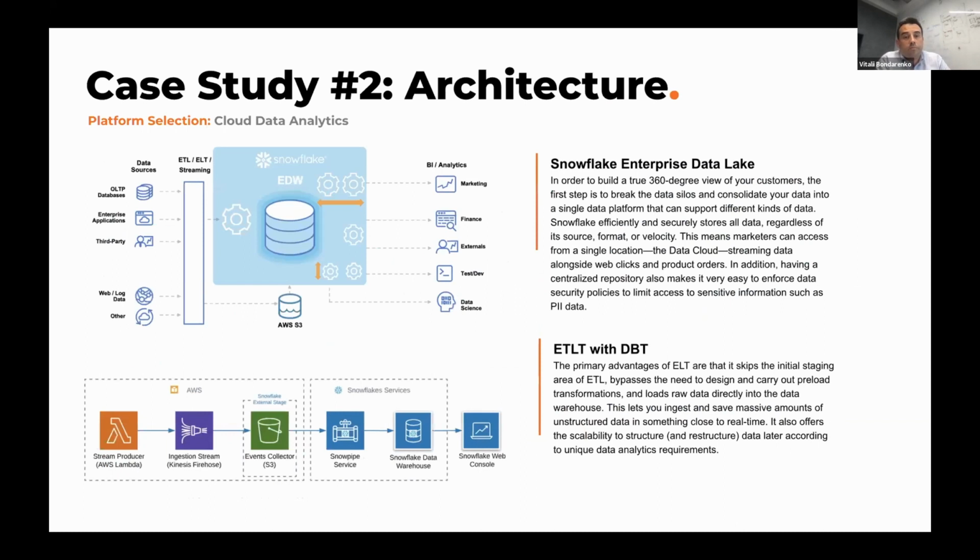So after actually considering what would be the best platform for that single customer single view, we decided Snowflake with a combination of dbt and Airflow would be the best one, just because everything was defined like a schema. I mean, we didn't have any surprise in structured information. Everything was defined by a schema, and it would be easier for us to create tables and create the scalable enterprise data warehouse. Also, Snowflake is the best approach probably for building enterprise data warehouse in AWS, just because it